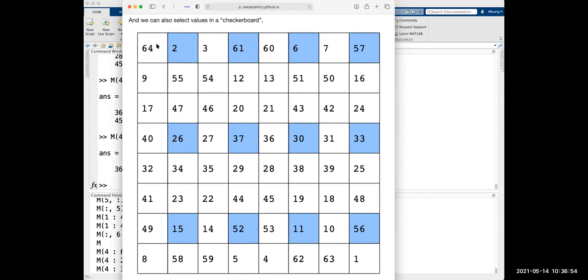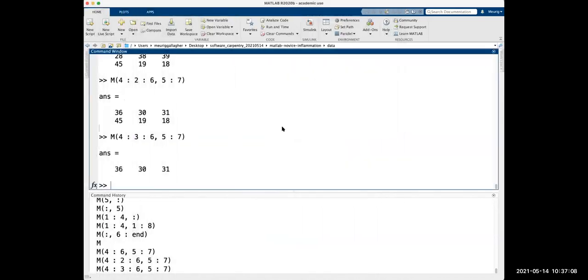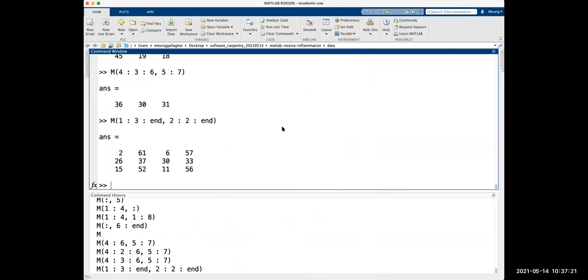And for the columns, we don't want the first column, but we want the 2nd, the 4th, the 6th, and the 8th. So we start at 2, and we want to skip every 2, and then go all the way to the end. So we wanted to start at the first row, go every 3 rows and go all the way to the end. And we want to start at the 2nd column, go every 2, and go all the way to the end. And that's going to give us just that checkerboard pattern and condense it all into our new matrix. That's just a 3 by 4 matrix. So rows first, 3, 4 columns.